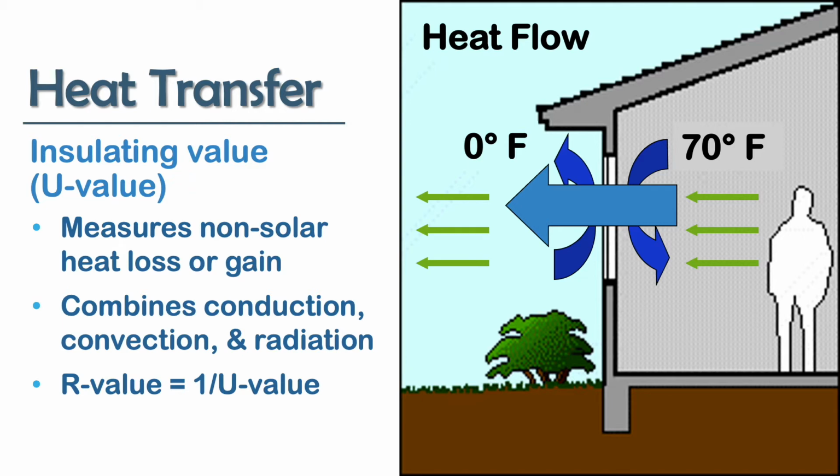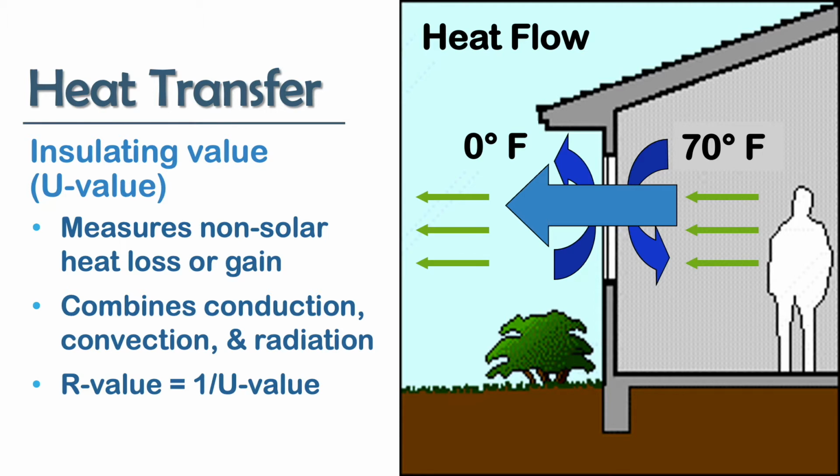So the insulating value, U value, is a measure of the rate of non-solar heat loss or gain through a material or assembly. The lower the number is, the better. So a perfect insulator would have a U value of 0. We have not gotten to that point yet, certainly for windows. And the winter U values are measured with the design conditions as noted on the screen. 70 degrees Fahrenheit inside, 0 degrees Fahrenheit on the outside.